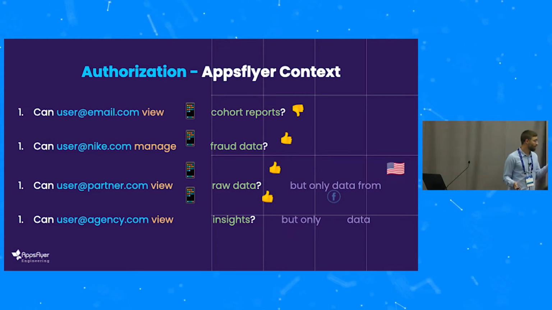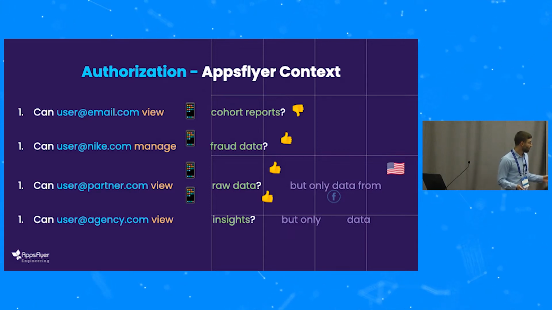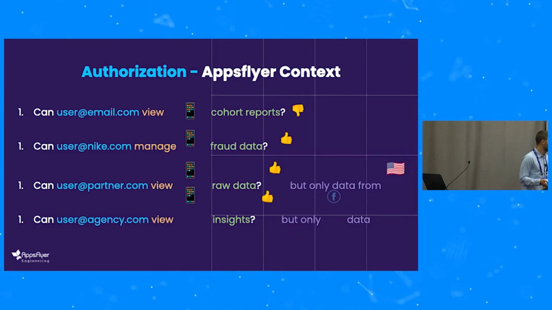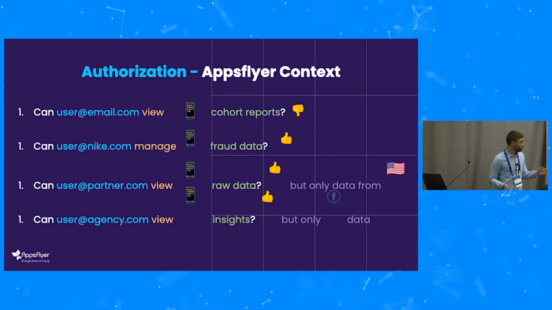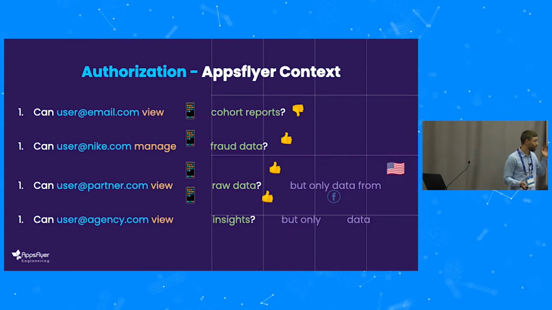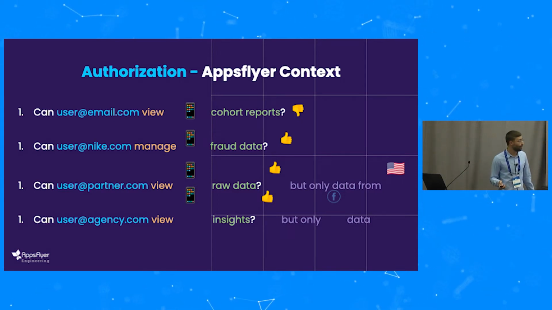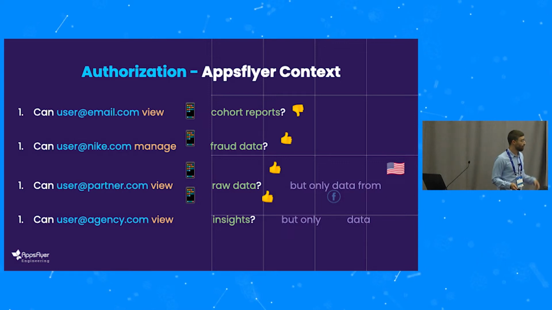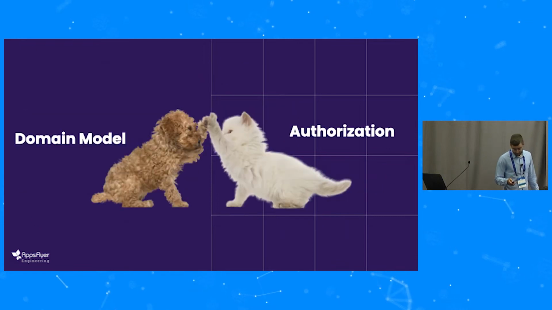And this starts very basic from the user or the app owner, but it can become very complex if you use users from other entities, from other accounts that want to view data, and they are limited to a certain data source. So if you look at the responses, a response can be very simple, like the user is not allowed, or the user is allowed, but it can become more complex, for example, to enforce some data limitation. So in the third row, the user can only access data from the United States. Or in the fourth row, the user can only view Facebook data.